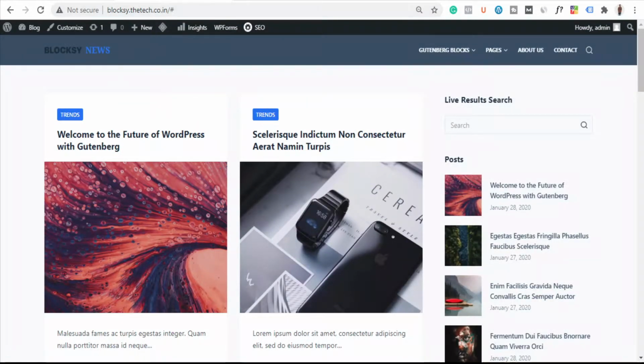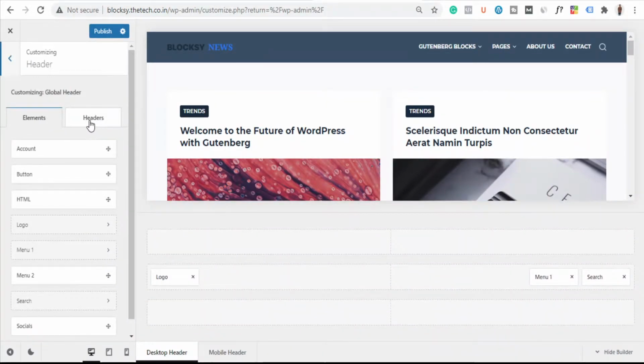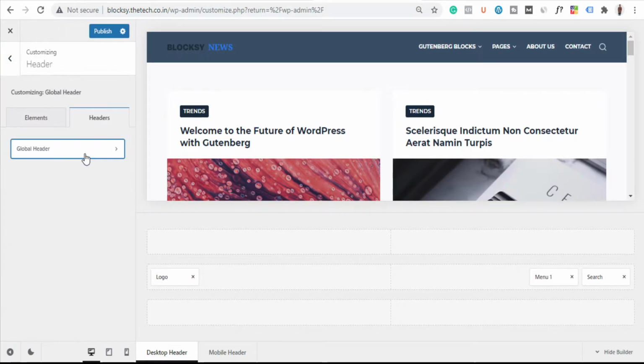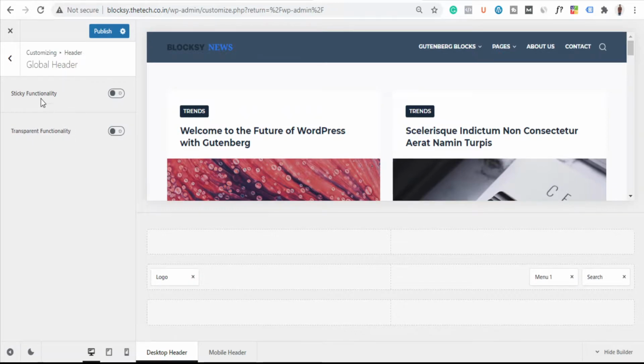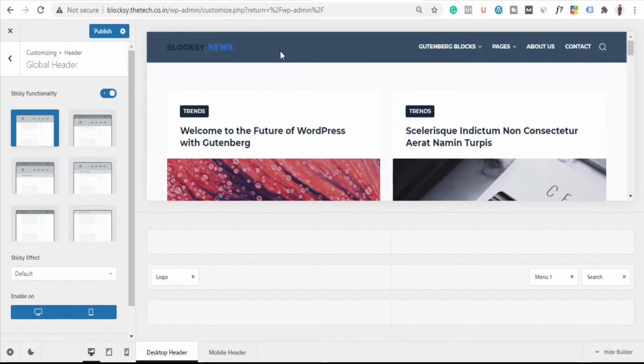Okay, yeah. So I think I've missed one more feature of the header, which is how to make your header transparent or sticky. So for that, you need to go to this header section here. Then go to the header option at the top and click on this global header option. Here you can see we have two options, sticky functionality and transparent functionality. So basically, if I check this sticky functionality, this top header will become sticky. Like for example, let me first update it,